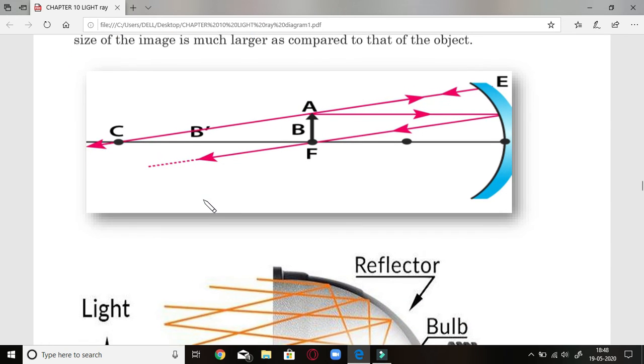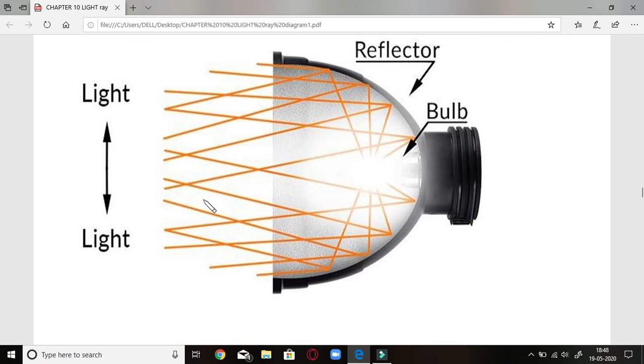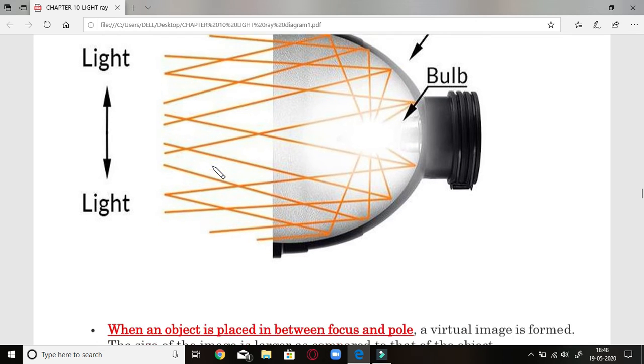Now this is a very important application for us. We use it as a reflector in our light. In case of a reflector, we generally keep our bulb at the focus so that light after reflecting from the surface goes parallel. Now you can see some of the rays are parallel to each other, and another set of rays are parallel to each other. So you can get light of this reflector at a large distance, up to infinity, and these reflectors are placed in headlights of our cars or in vehicles.